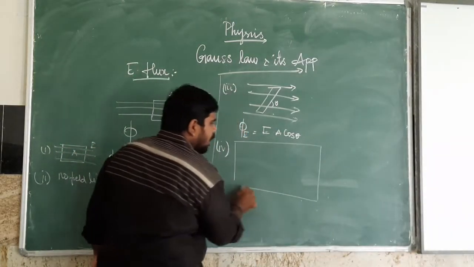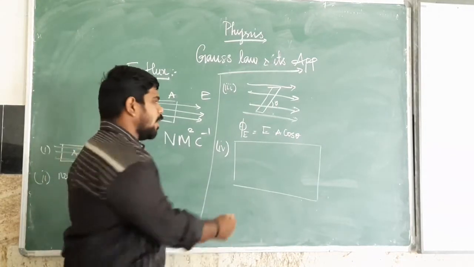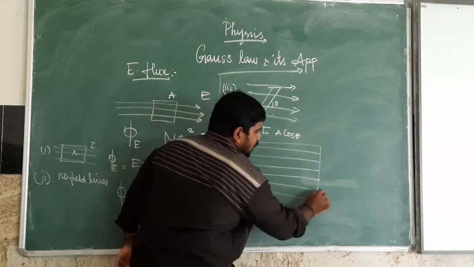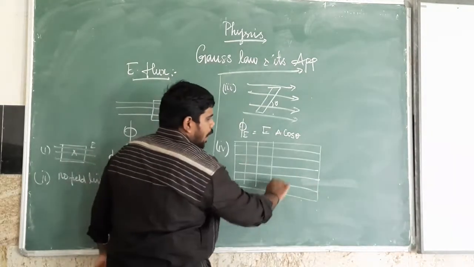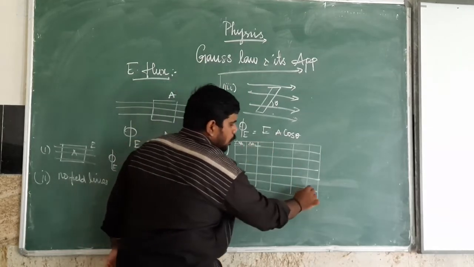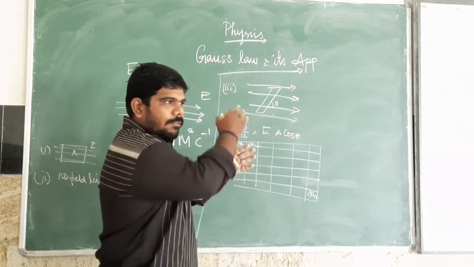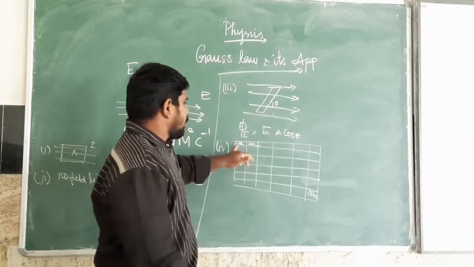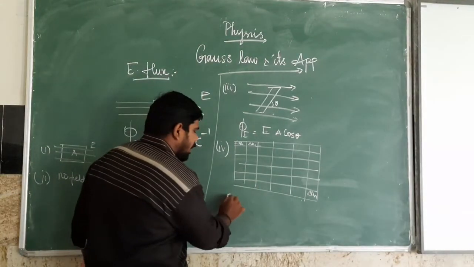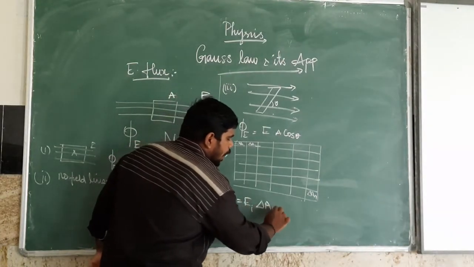infinitely large area, what is that? If we take a surface having a large area, we divide the surface into equal segments and we consider the areas del A1, del A2 up to del AN. For that, the total electric flux phi is equal to the sum of Ei into del Ai.